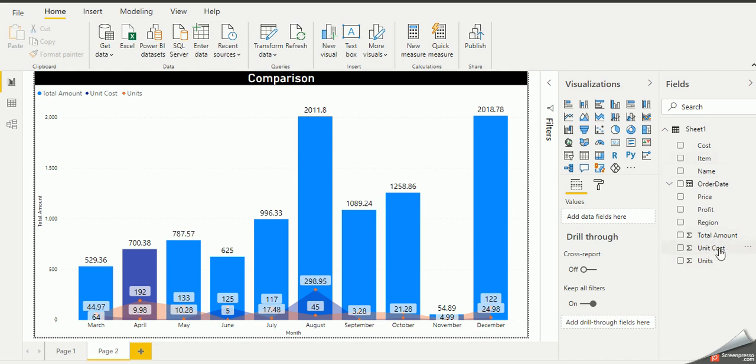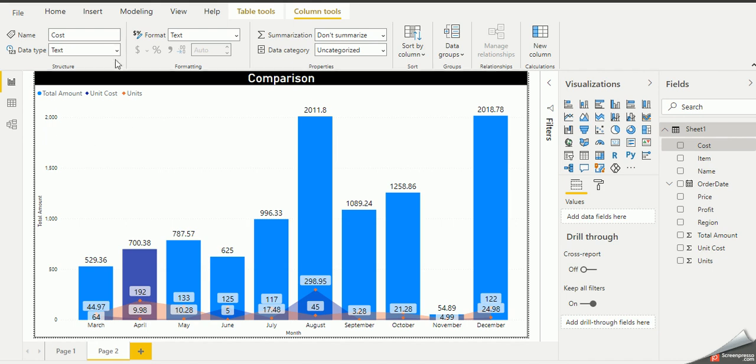If you can see, the total amount, unit cost and unit are behaving like a whole number. They are aggregated, shown as aggregated values. By default Power BI applies aggregation on numeric and decimal values. The cost, price and profit are the same, but they are newly added. The first time when we add the data set, it applies these data types by default, not after that when we add, update or modify. So we have to manually change it to the numeric type.